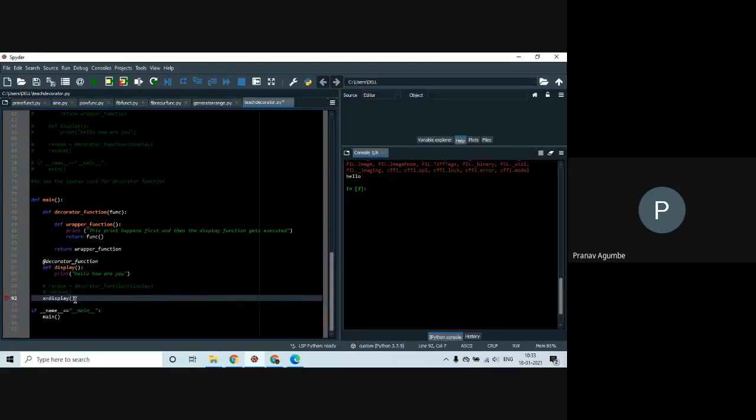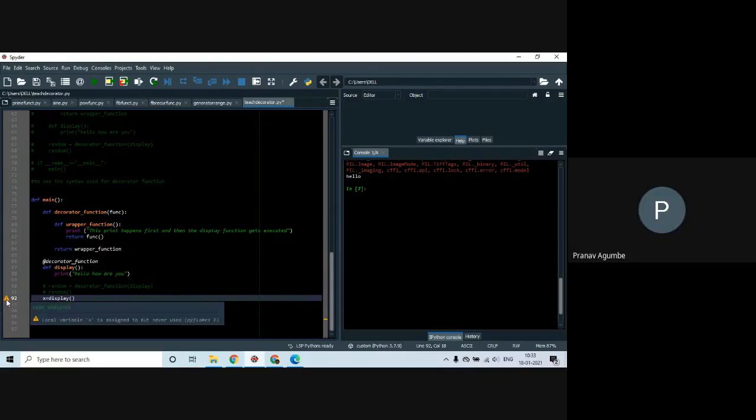If we run it, display will still be called, right? You understand? And then if you want, we can again do x brackets. It will be called. No, do you think that will happen? You call x again? Because you have display as a decorator, and when you assign that to x and call x, what will happen? Execute it.